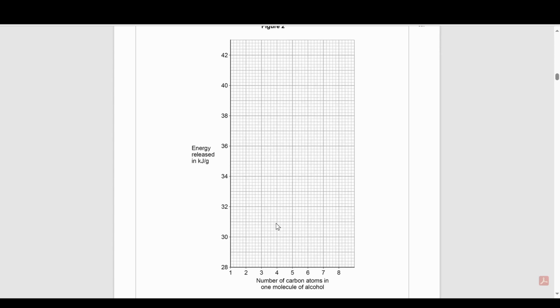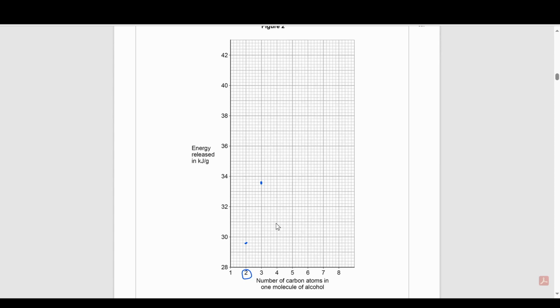So we're starting with 2 here, and then we've got to find 29.6 because that was the value in the table. So the good thing about this y-axis now is that the interval is 0.2. So we know that in the middle then that will be 29, and then we're just going up each line until we get to 29.6. So we place our point there. 3 is 33.6. So there. 4 is